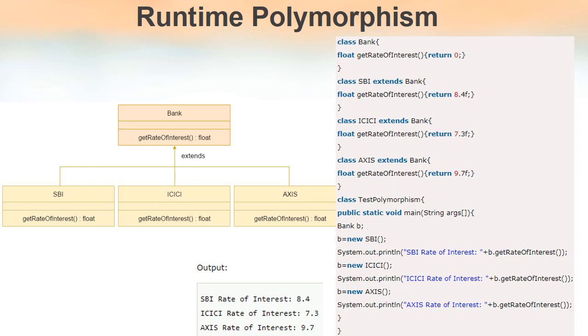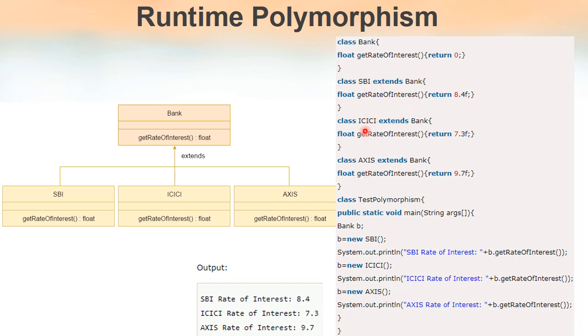We'll use the same example as discussed in the previous video, to explain the first usage of method overriding. So we know this scenario, right? We have a parent class Bank, we have child classes SBI, ICICI and Axis, and the method getRateOfInterest is overridden by all these three classes, because the parent class Bank has this method, and the same method with the same parameter list and same return type is there inside all three child classes.